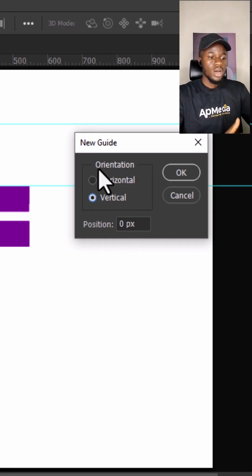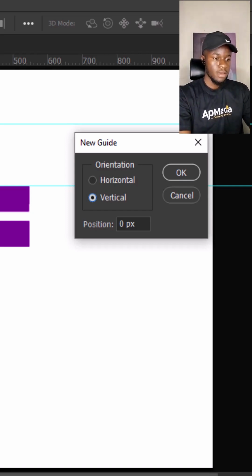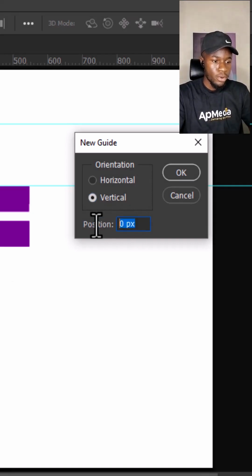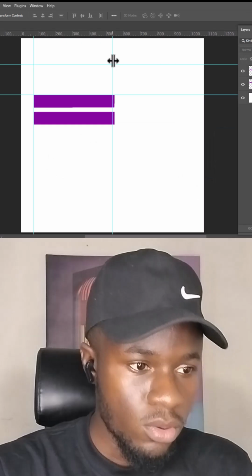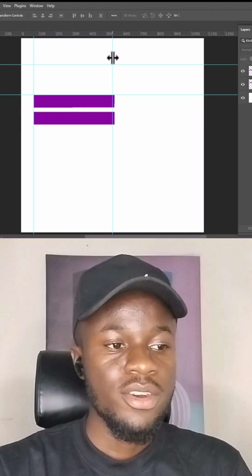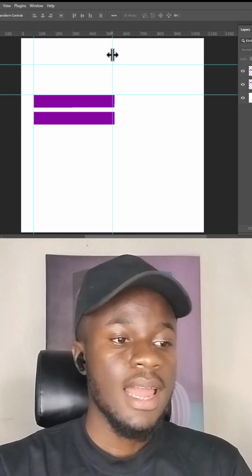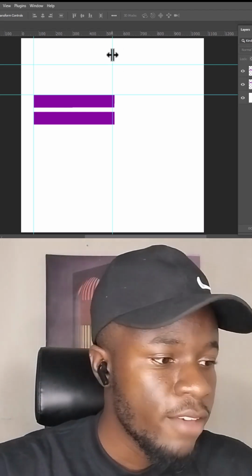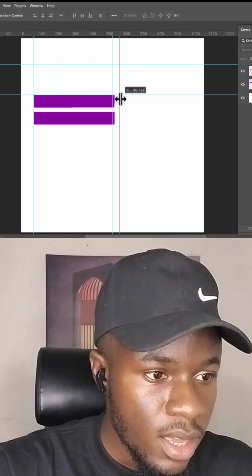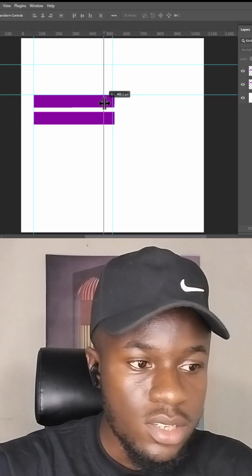For example, this is my vertical, right? Now if I want to divide my page into two, and I want to put a grid at the middle, what I'll simply do is select the vertical point, and then type in 50%. All right, and by the time I click on OK, look at this, we have a new grid that is directly at the center. Meanwhile, if I drag this,